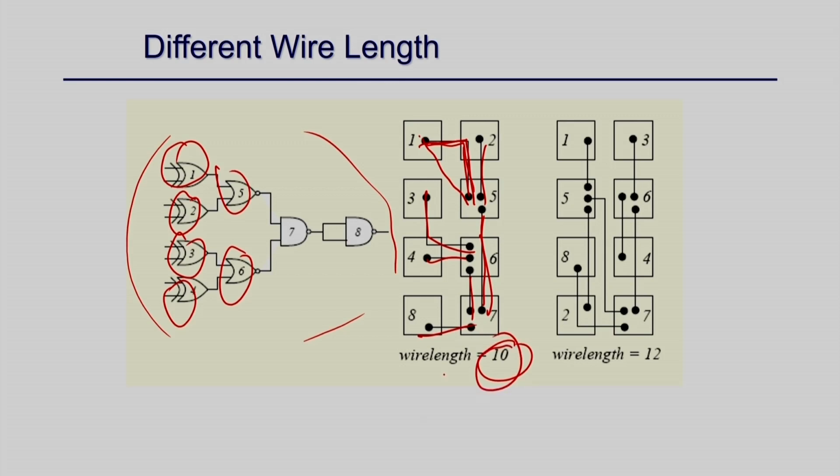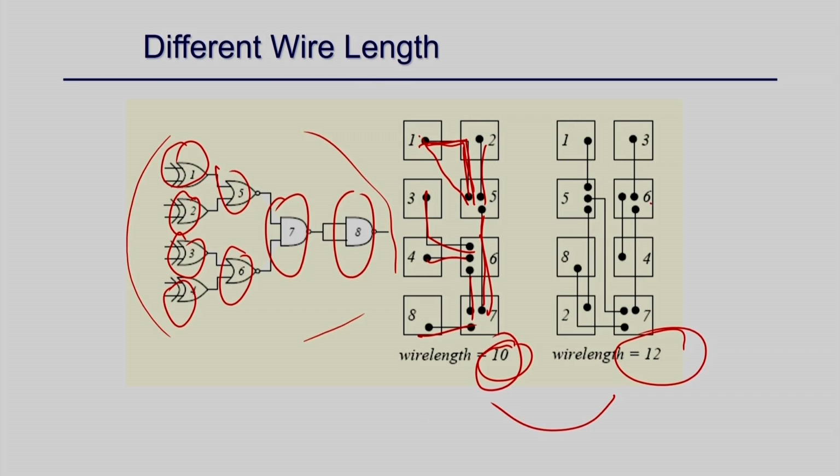Now I have another placement, because all are of the same size here. I make a connection like this from 1 to 3, just swapping 2 and 3, and 5 and 6, so this is 6 here and 5 here. So I make some interconnection changes here and there, and now the total length is 12. Right. So you can see that even with the same block size and same area, I can make some swapping and exchanges so that the total area remains the same, but the total wire length may reduce, right, from this to this. This is what placement tries to do, right.